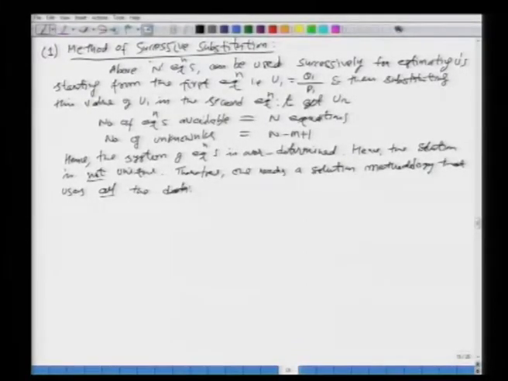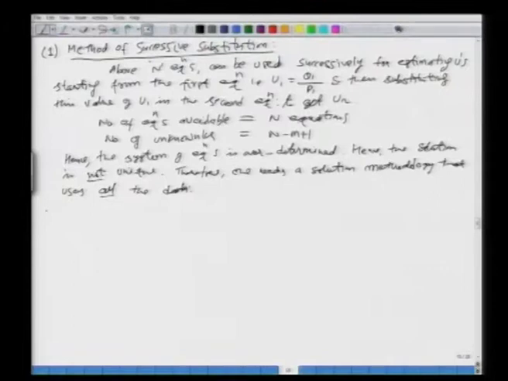What is happening is actually we are using less data. The total number of data available to us in terms of DRH ordinates is capital N, right, N number of ordinates are there, but we are using only part of that. That is why you are getting a wrong solution which is not unique.